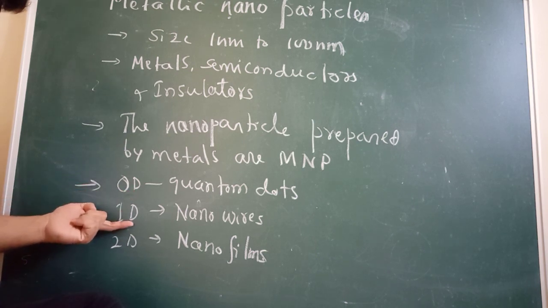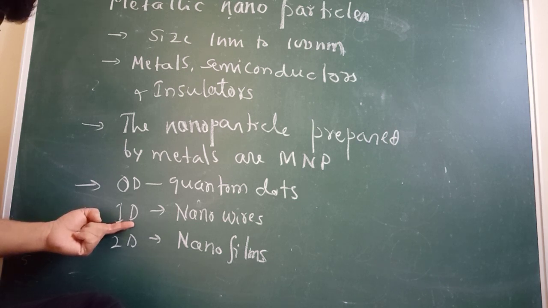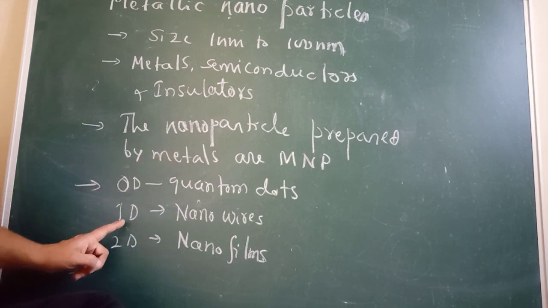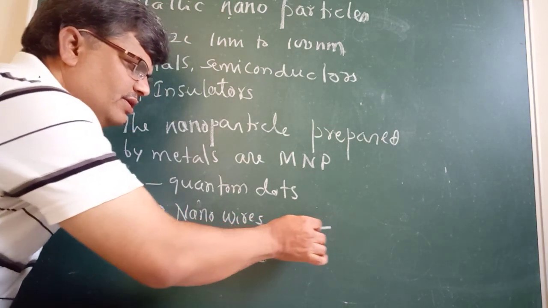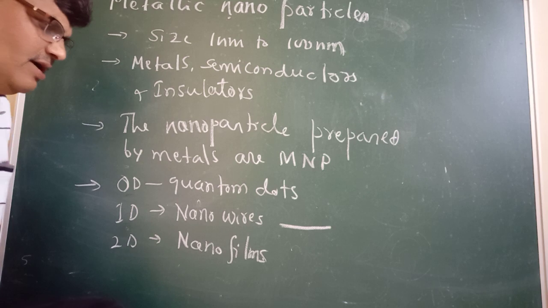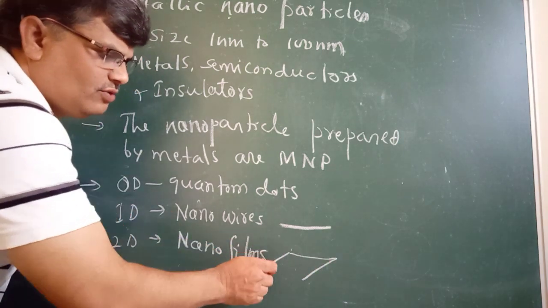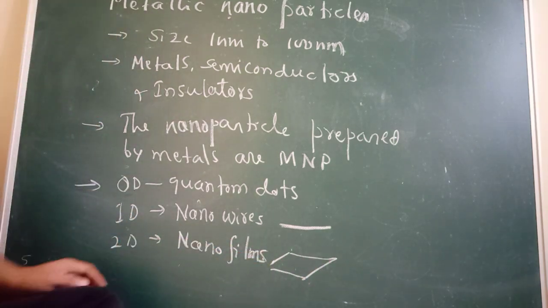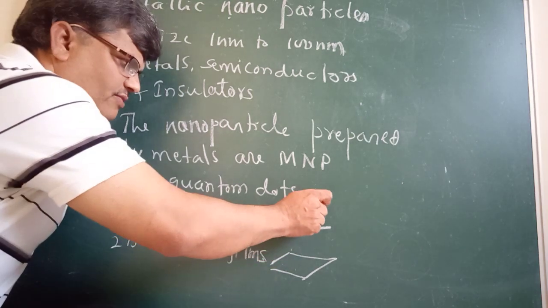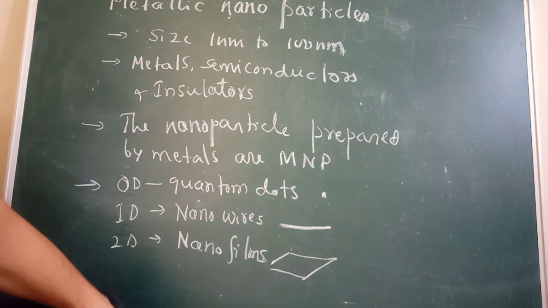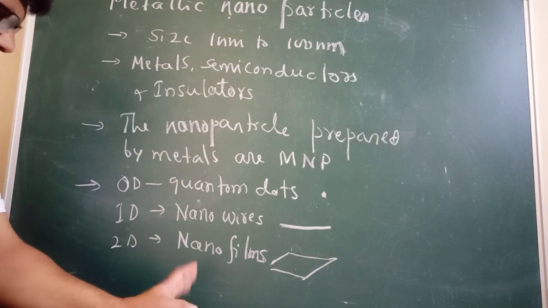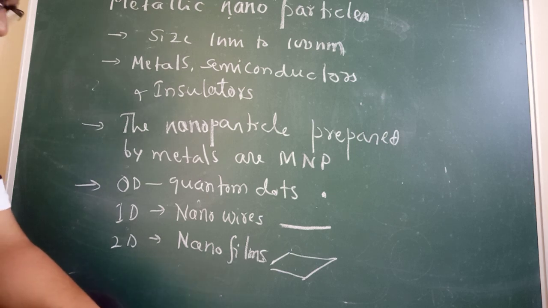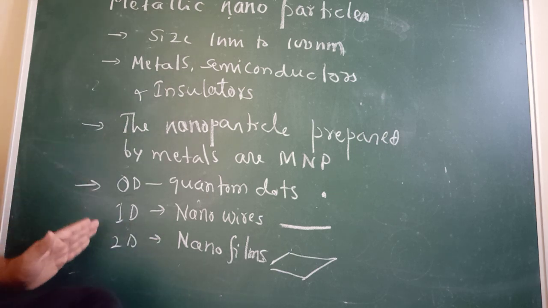In two dimensions, they are confined in nanoscale and one dimension is extended, so this is nanowire and nanofilms. And quantum dots. Similarly, in semiconductors and insulators also we get quantum dots, nanowires and nanofilms. But let us restrict it to the